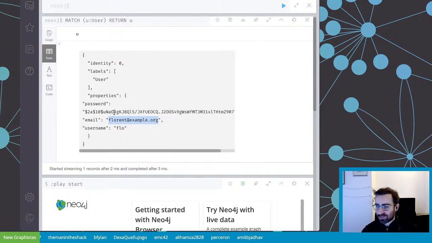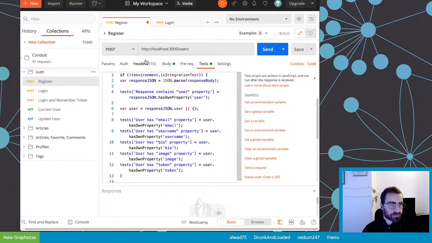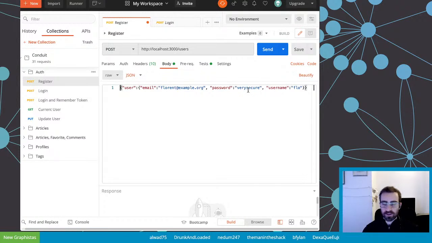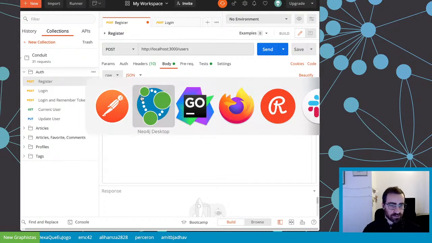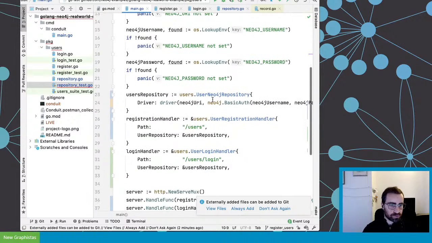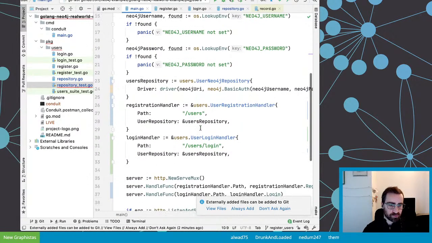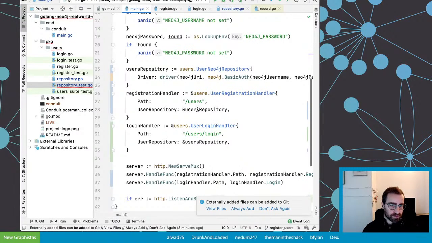Yeah, because that's an encrypted password, right? I cannot guess it back. But yeah, that's my email, Florent at example.org. Some encrypted password. Hopefully it's still in there. If I look at the request body, oh, very secure. Here we go. Very secure password, right? What's your password? Well, it's very secure. So yeah, let's start the application and try to log in, and if login works, that will be super cool. And if not, well, we'll have only 7 minutes to fix it, which might be too short, but we'll see.